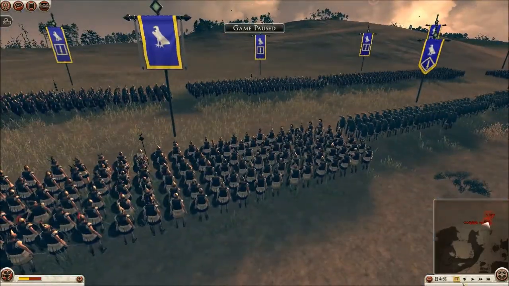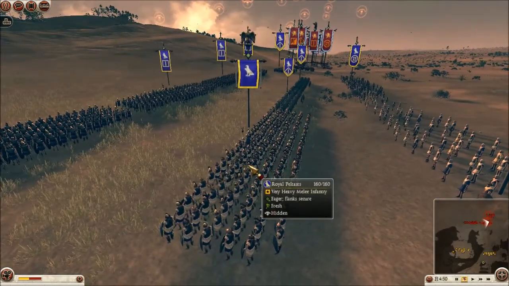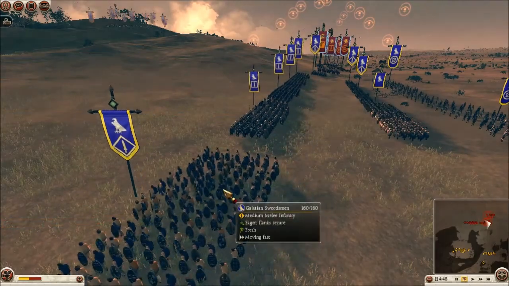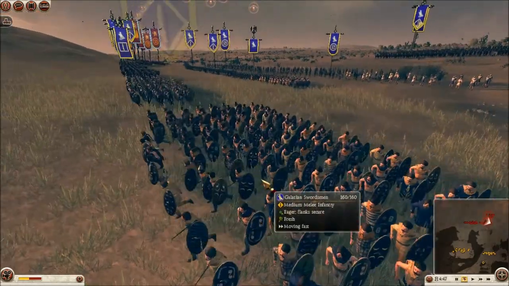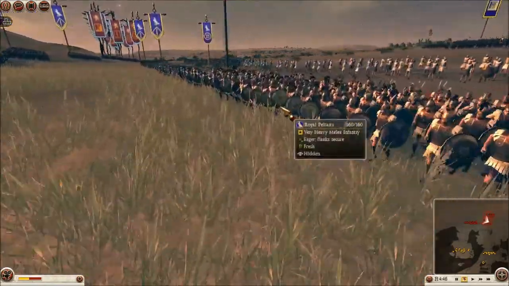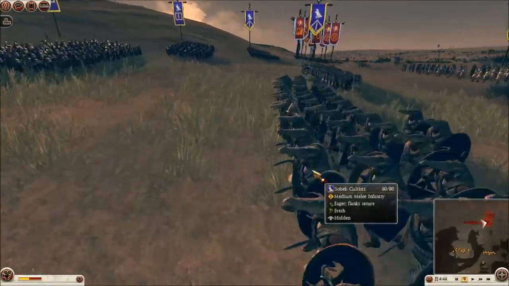This is a quick battle as you can see, so I'm going to go through my army in slow motion. My main front is 4 thorax swordsmen. They are flanked on either end by a unit of Galatian swordsmen. Same thing down there. I have Royal Peltist as my general unit, my only really elite infantry unit, and 2